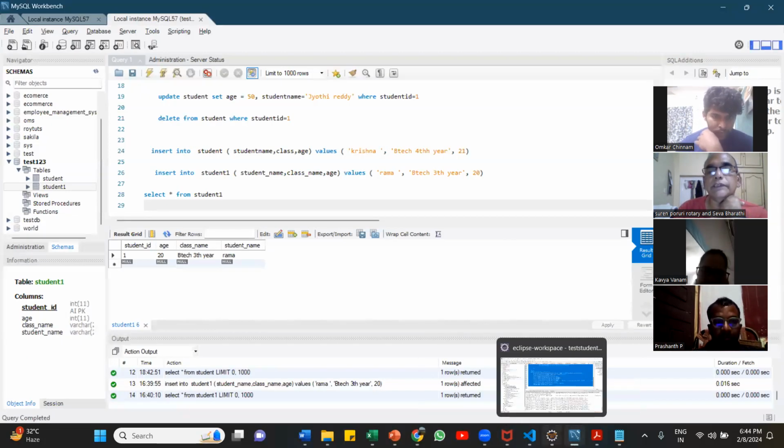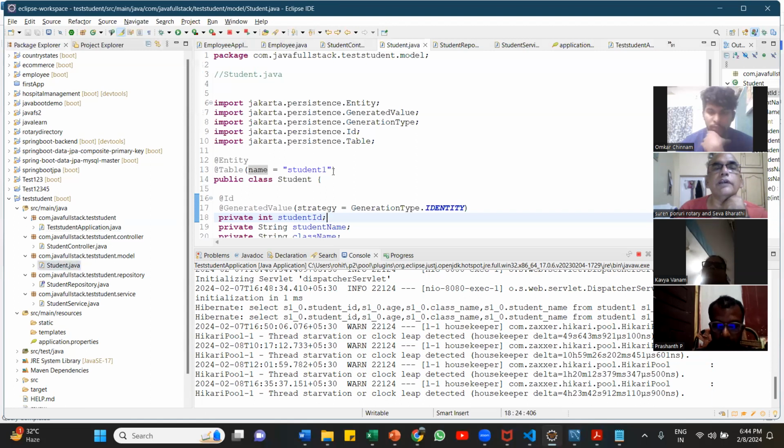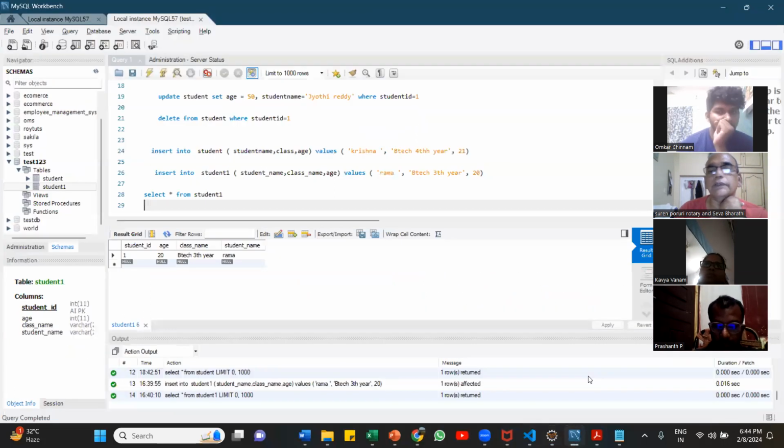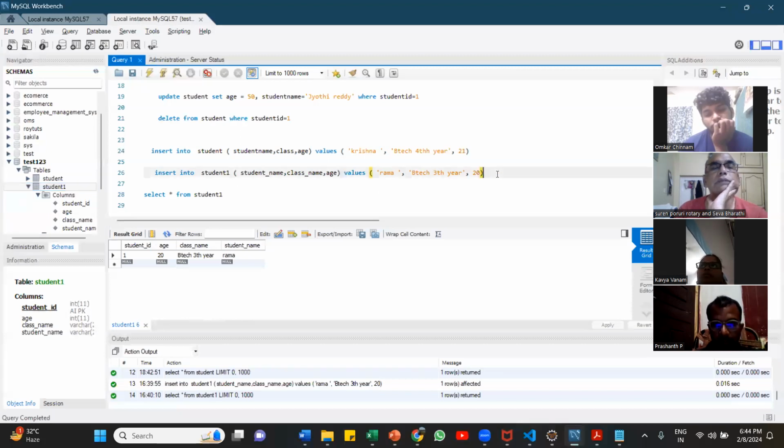given a database as student1. Remember, in the student model, what is the table we wanted? Student1. So if you go to your database server, the student1 table would have got created. So now we need to add some data, right? So go to your database MySQL Workbench and enter